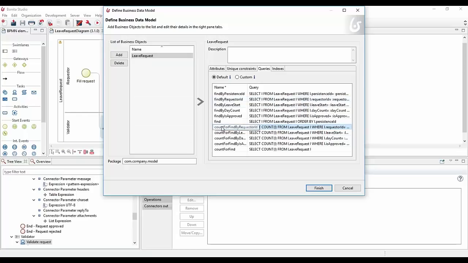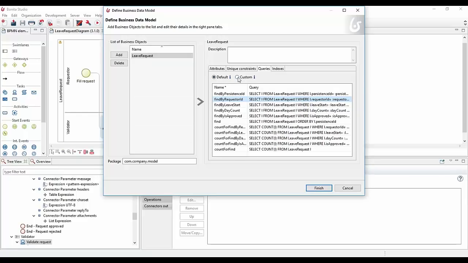By default, we are providing the find by and the count for. The count for is used to make sure that you can have a pagination on your search. And usually when you have a count for find by a requester ID, you will have also the equivalent here. You can see that by default, we generate them depending on the attributes. That's why they are called default here.